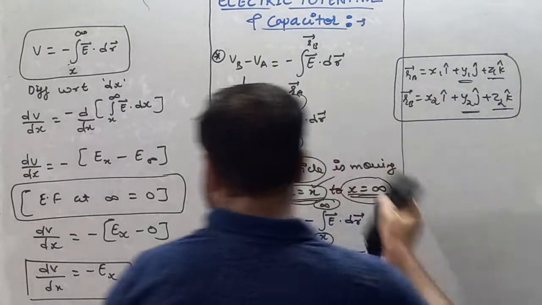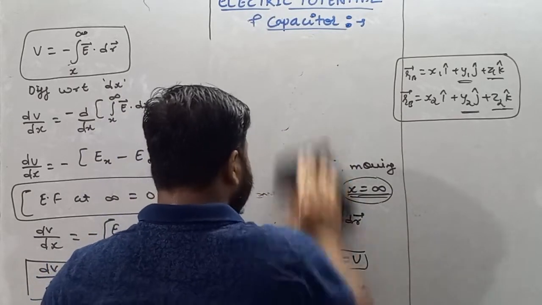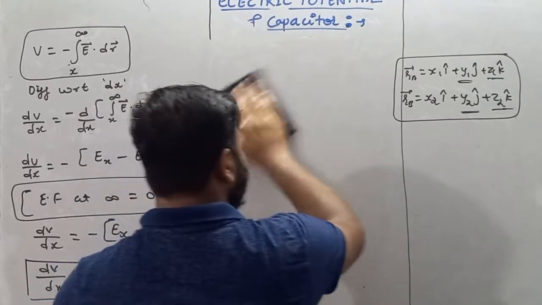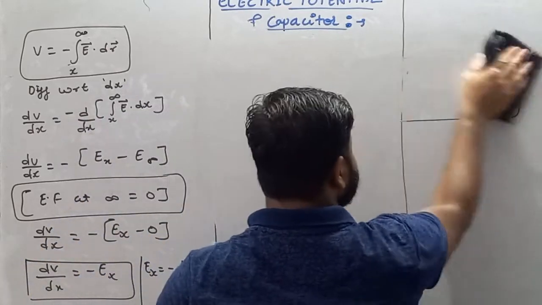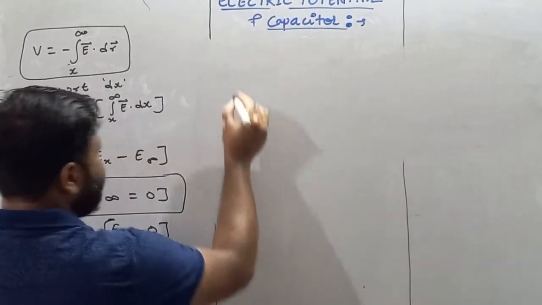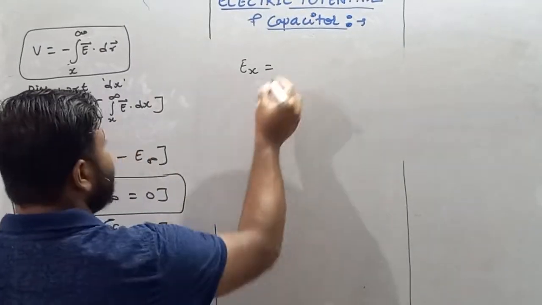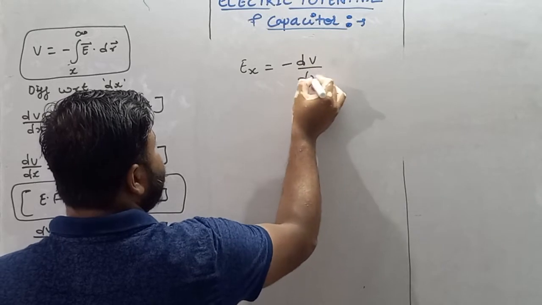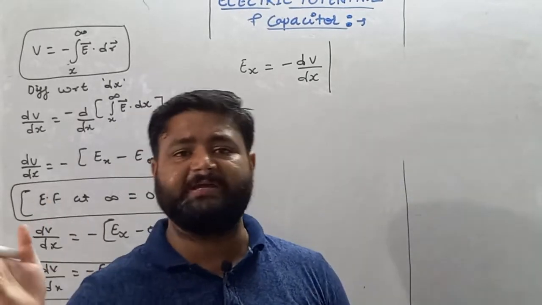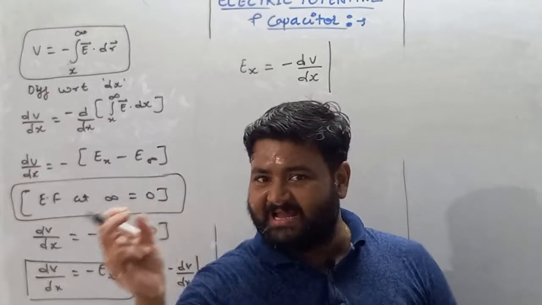This is the value of the electric field, or we can say the relation between the electric field and the change in electric potential. From this formula we'll discuss today's topic. So we get Ex, that is the electric field along the x-axis, is equal to minus dV by dx. Now see, my dear student, this electric field is obtained if the particle is moving only along the x-axis. So if the particle is moving only along the x-axis, then y and z remain constant.